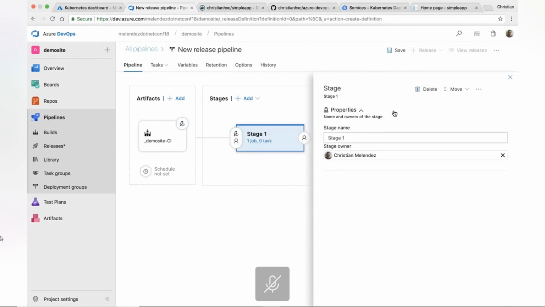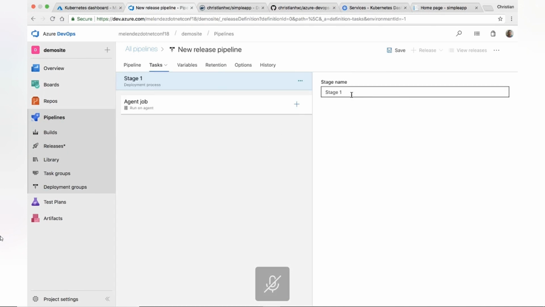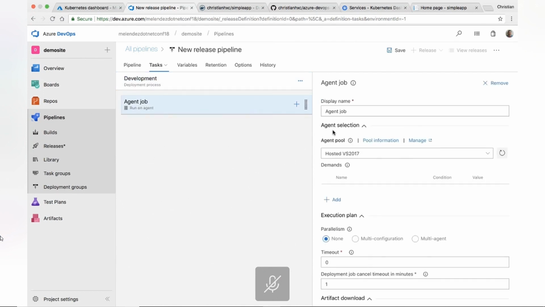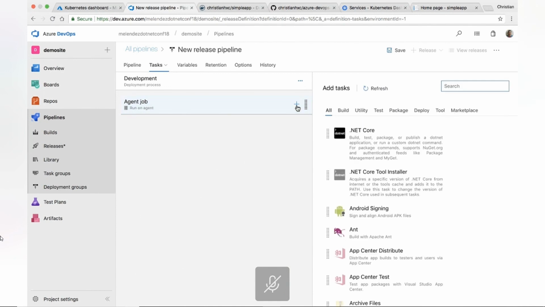And here, just let me show you this. You can have here pre-deployment conditions, meaning that someone needs to approve this deployment, this release, and you can do that for other stages. So let's call it here development, so it's clear why I'm doing this. And as well, you will have agent job. I'm gonna as well use Ubuntu, and I'm gonna start adding something as simple as